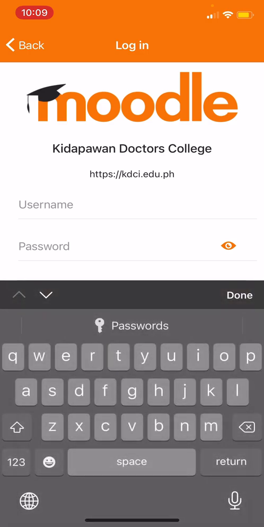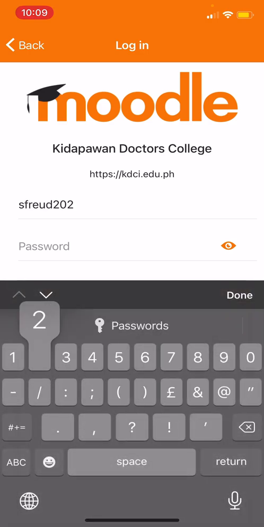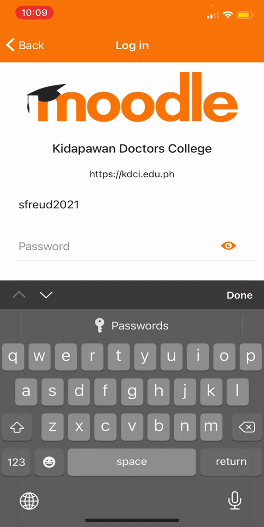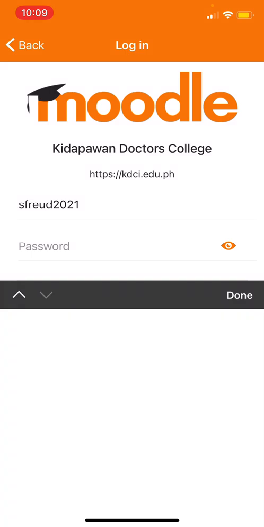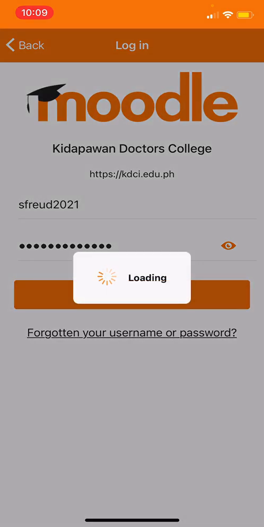So, gagamitin natin ngayon yung dummy account ni Sigmund Freud. Kasi estudyante siya ng Psych sa KDCI. And then, ang kanyang password, sana naalala ni Freud, hindi niya nakalimutan, mag-login na. So, once we have logged in,